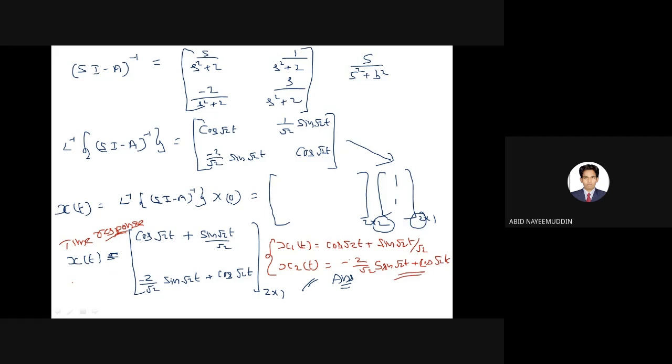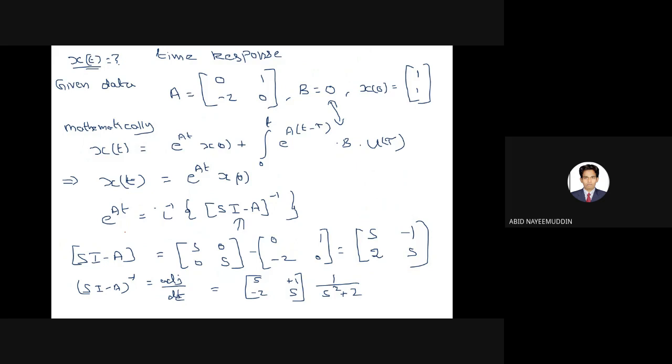The overall conclusion of this problem is, he will be giving you a question like this. He will be giving you the data as A, B, and x of 0. So based upon the given values, you need to just substitute those values in this particular formula. So substitute, and since you do not do addition and multiplication all at once, take the individual terms separately and do the addition and multiplication, and at last you will get